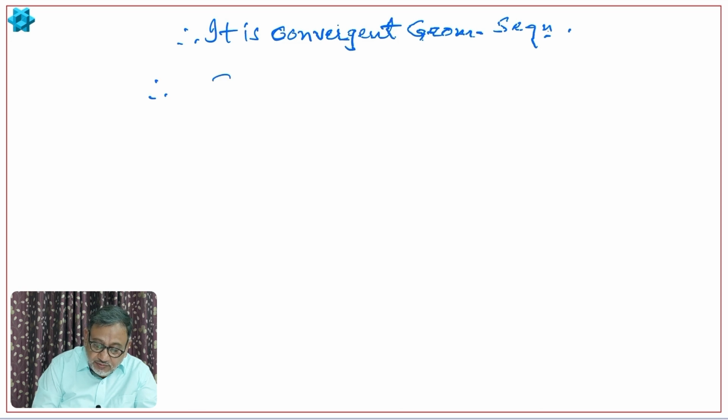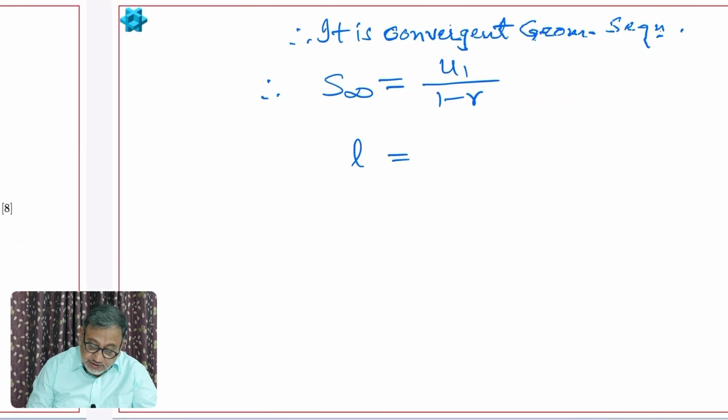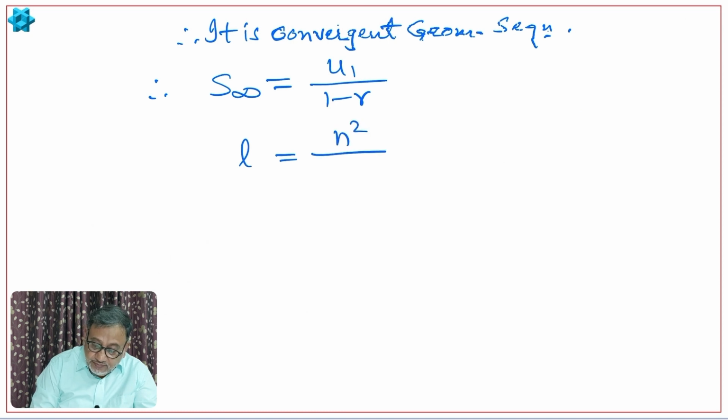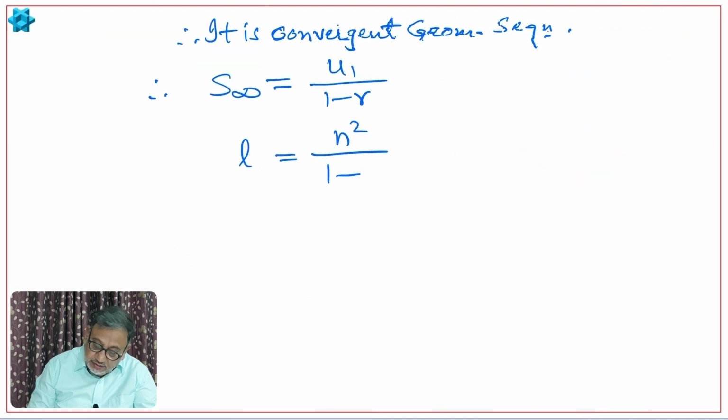So therefore S infinity will be u1 upon 1 minus r, right? S infinity is L because the total length is L. u1, the first term, is what? n square. 1 minus r is what? Again n square,